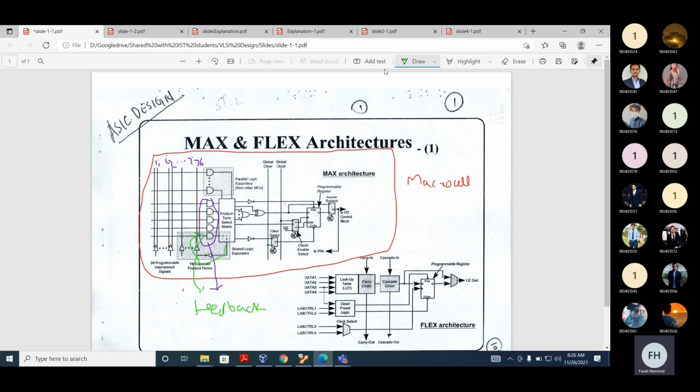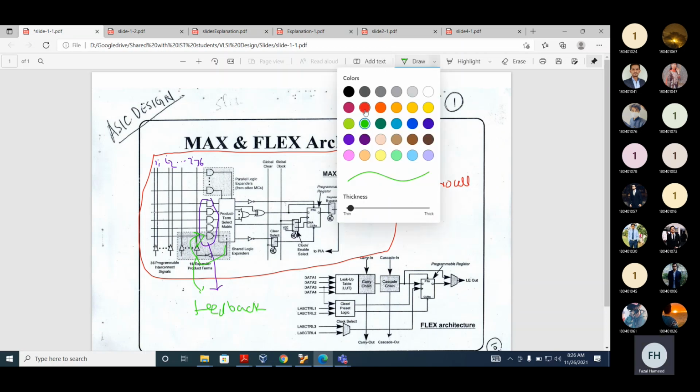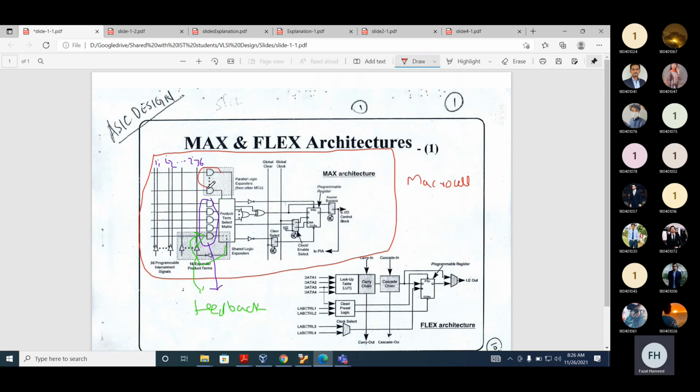Now, if you look at the above, these AND gates, can you see these AND gates? These are called parallel logic expanders. They come from another macrocell.